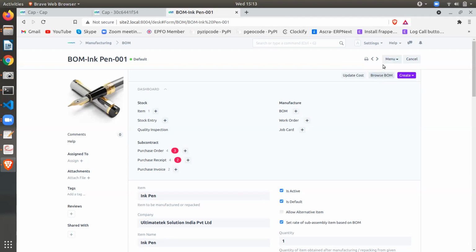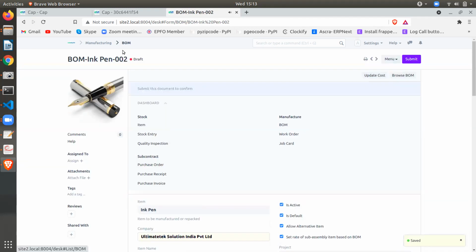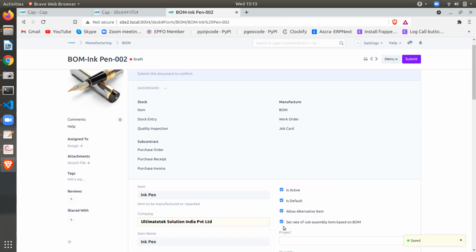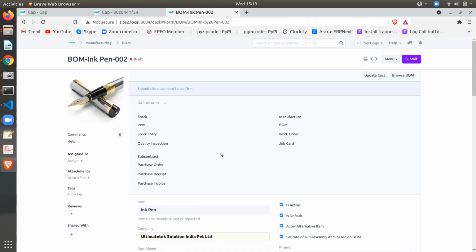Maybe we cannot cancel. So we can duplicate, and enable, create a new one, where we can enable the alternate item. We can save that. So the amended bill of material has been updated and it will allow alternative items also. So when we are creating a work order for this bill of materials, we can use an alternate item